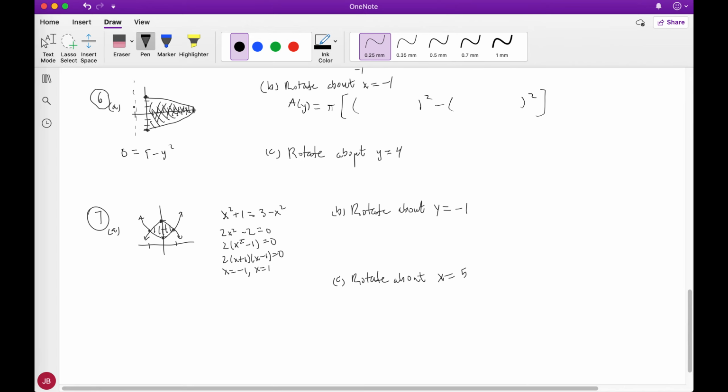So what forms the outer radius? So starting here, well, the graph of 9 minus y squared forms the outer radius. But the axis is behind the region, so we subtract the axis. Well, the axis is -1, so you subtract -1, right? And so in reality, you would put a +1 here, right? Now the same deal. What's forming the inner radius? Well, it's the line x equals 0, but